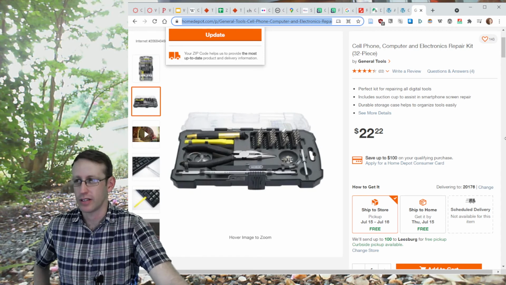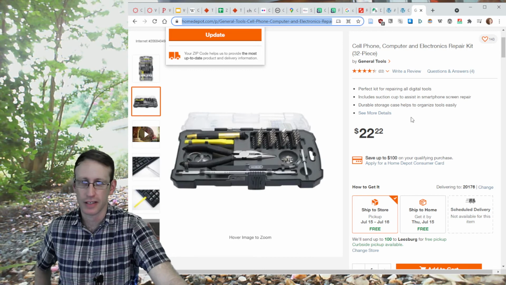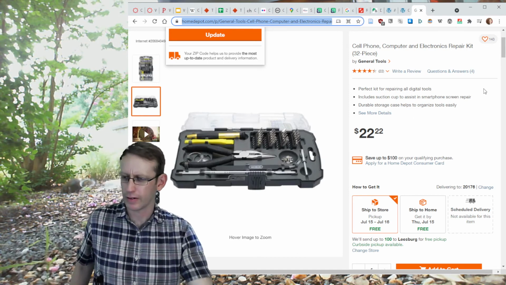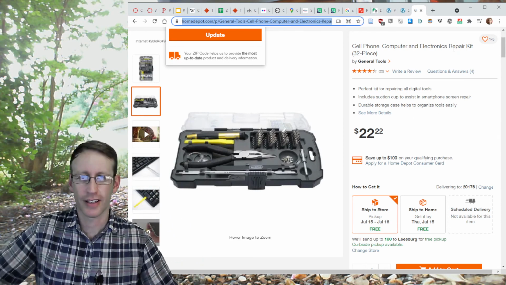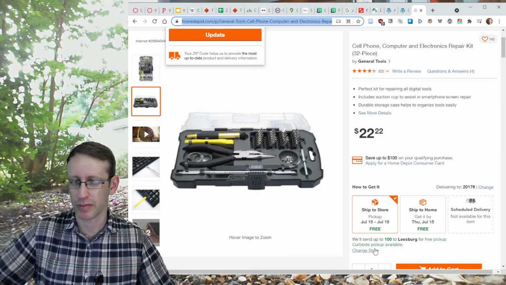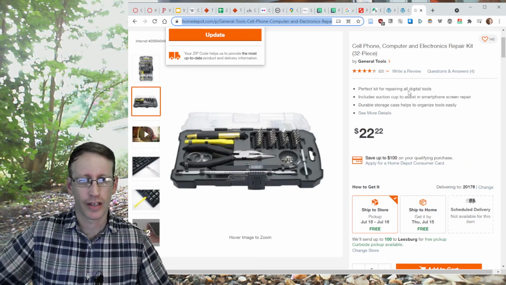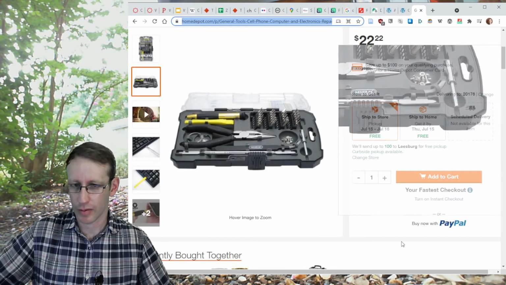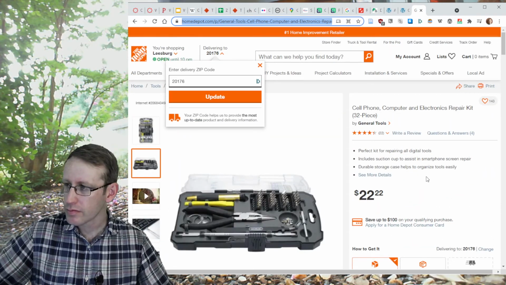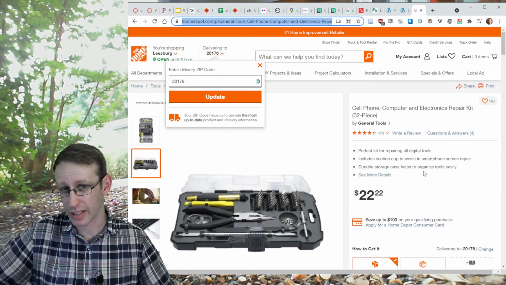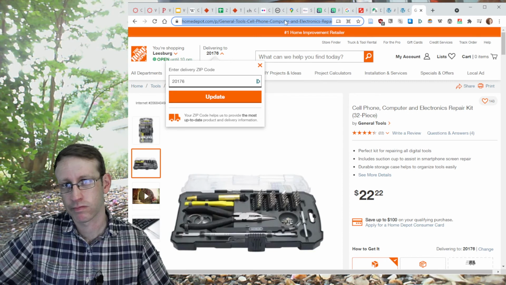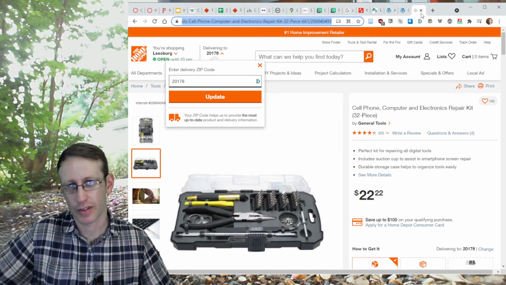Radio Shack, your local Radio Shack, do those exist? Do local Radio Shacks still exist? If they do, then great. I don't know. Best Buy might have them too, though Best Buy is hit or miss, I think, for DIY electronics. Maybe Walmart actually too. I don't know, but really, I don't want you to